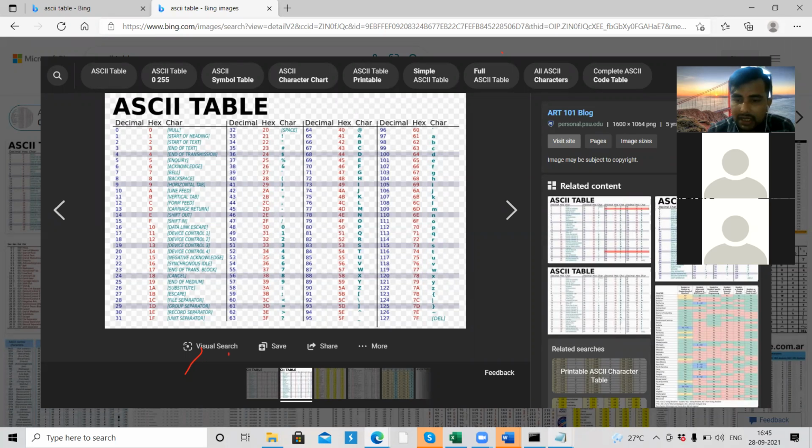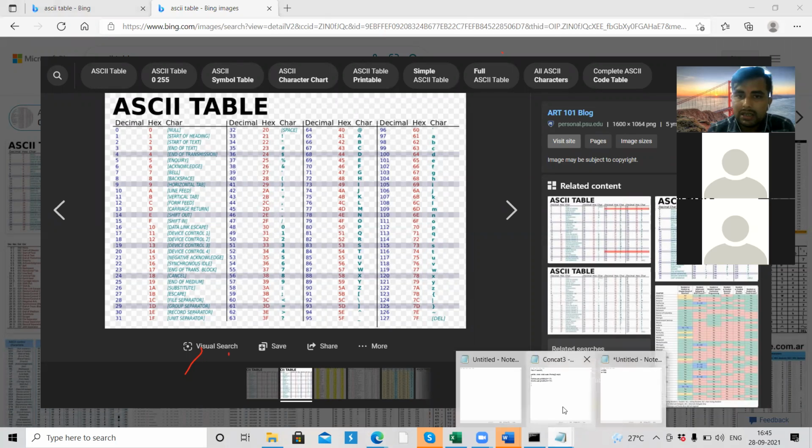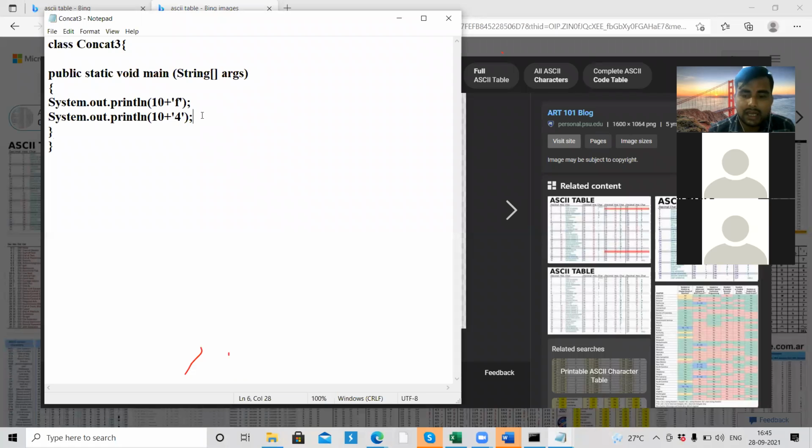We can also take a special character inside single quotes, and it will be treated as a character. If I add 23 plus, inside this we can take a dollar. It is going to be treated as a special character, so it will go and take its ASCII value.